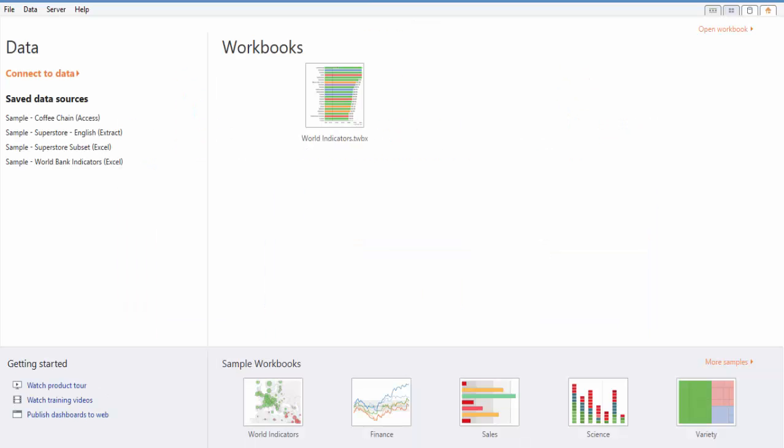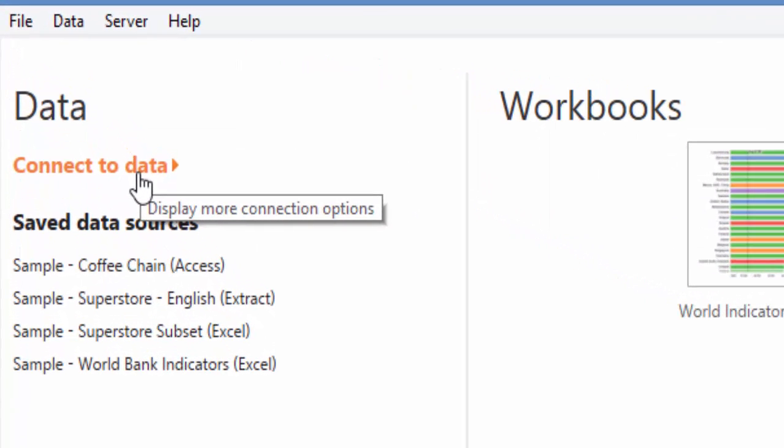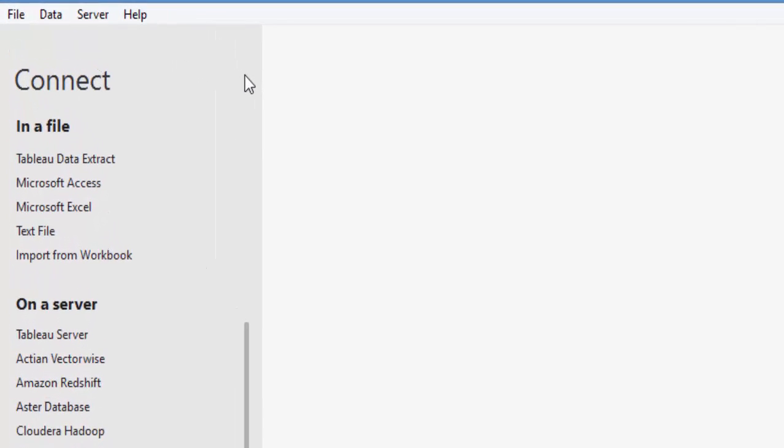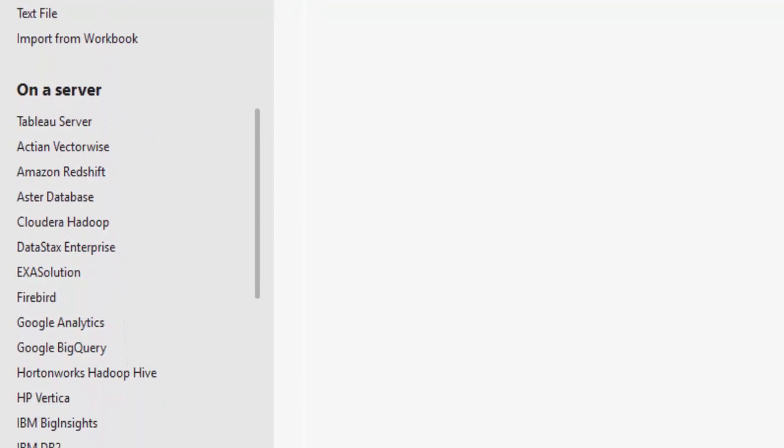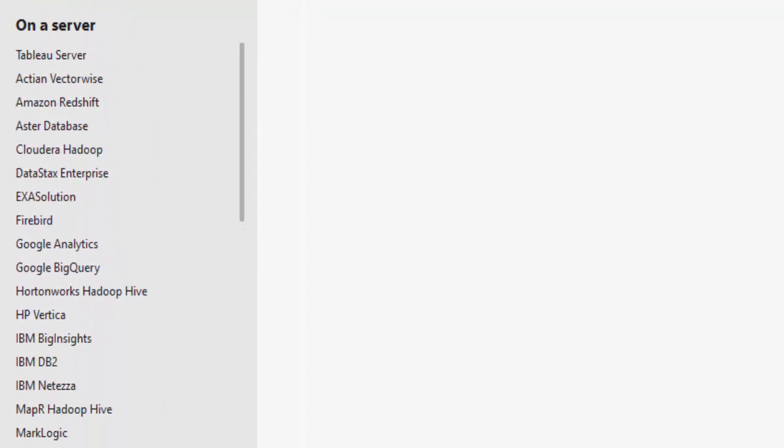After opening Tableau, you will come to this graphical user interface. From here, Tableau will allow you to connect to several types of information and data. To access and connect to pre-existing data from another source on your PC, click Connect to Data right here. The next screen will prompt you to select the location of your data. Types of data that Tableau can connect to include Microsoft Access, Excel, text files, and Workbook, along